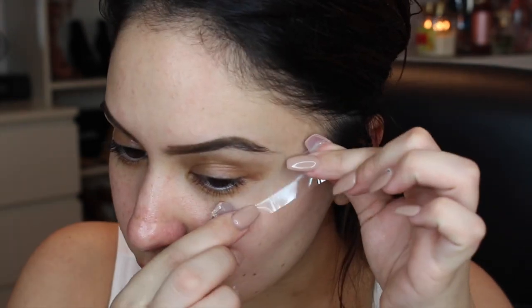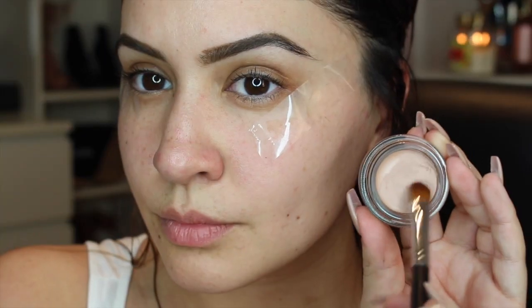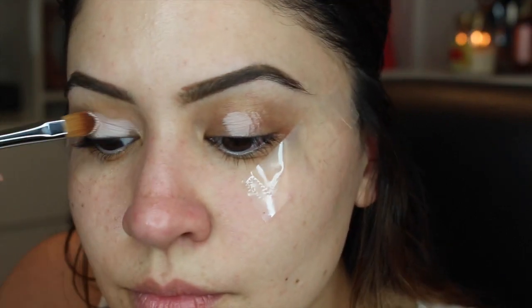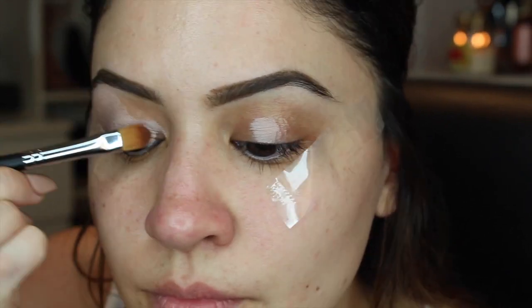So if you would like to see how I got this look, then keep on watching. So I'm starting off with a piece of Scotch tape, and I'm gently aligning this upwards on the corner of my eye, and then I'm priming my lids with MAC Painterly Paint Pot like always, and I'm using a Sedona